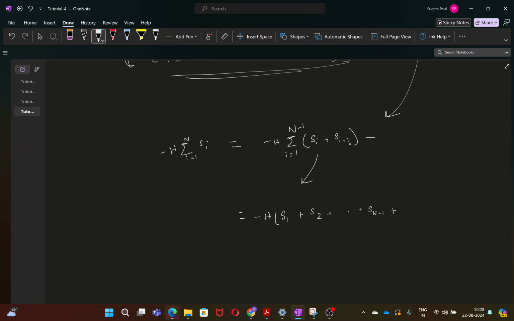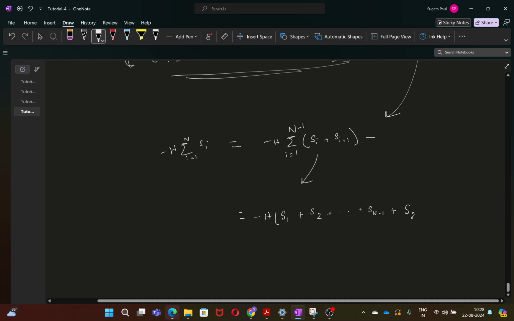So this makes it i plus 1, 2. So you start from S2, then S3, and it continues up to n minus 1. So i equals n minus 1 plus 1 makes it Sn. So you see that except for S1 and Sn,